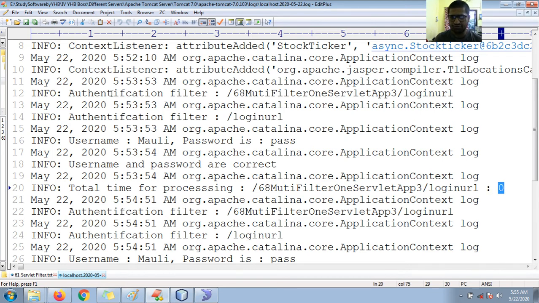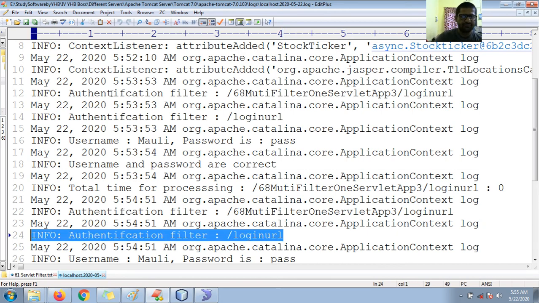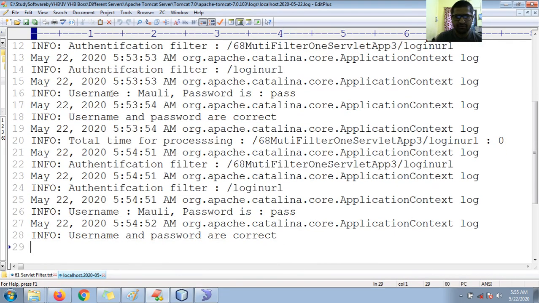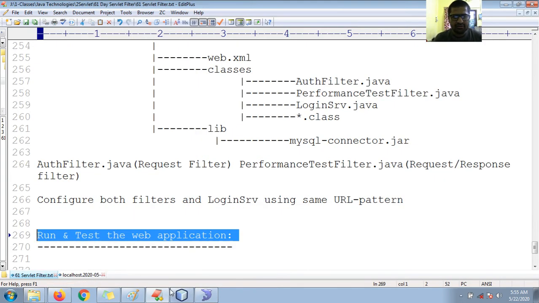Okay, login URL, and again authentication filter, login, then pass. Username and password is correct. Okay boss, fine. Again